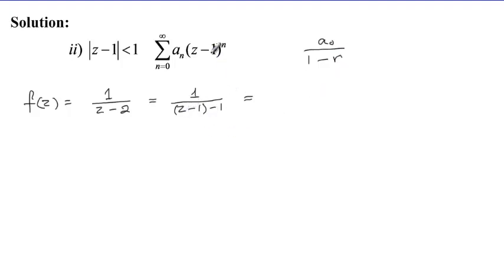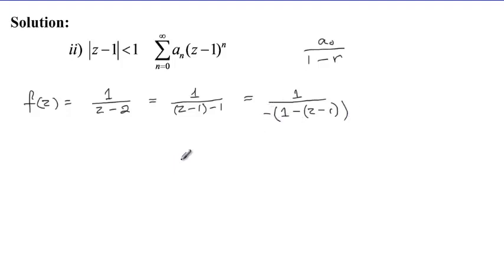Since our common ratio must be z minus 1, we need to modify this so it looks exactly like this. The only way is to take a common factor minus 1 in the denominator and have the denominator transform to 1 minus z minus 1 in brackets,